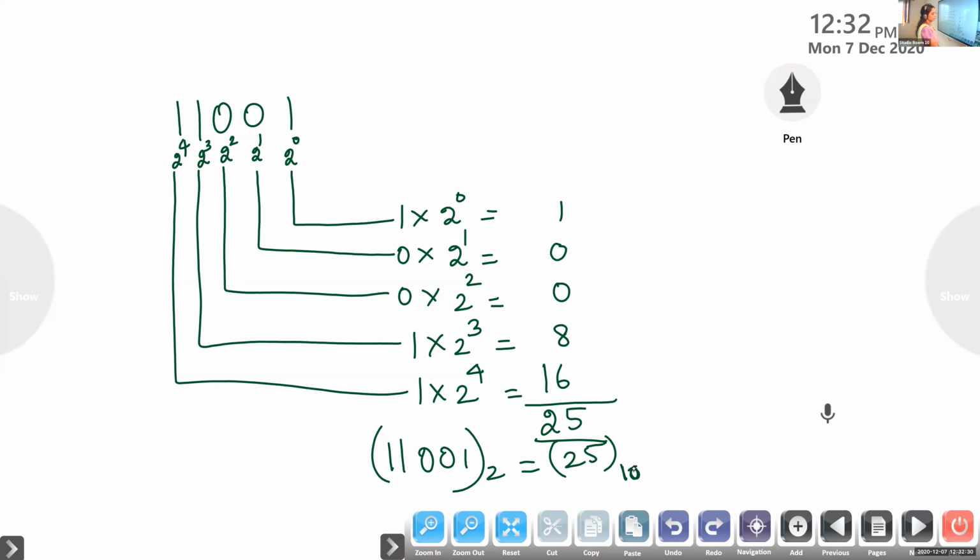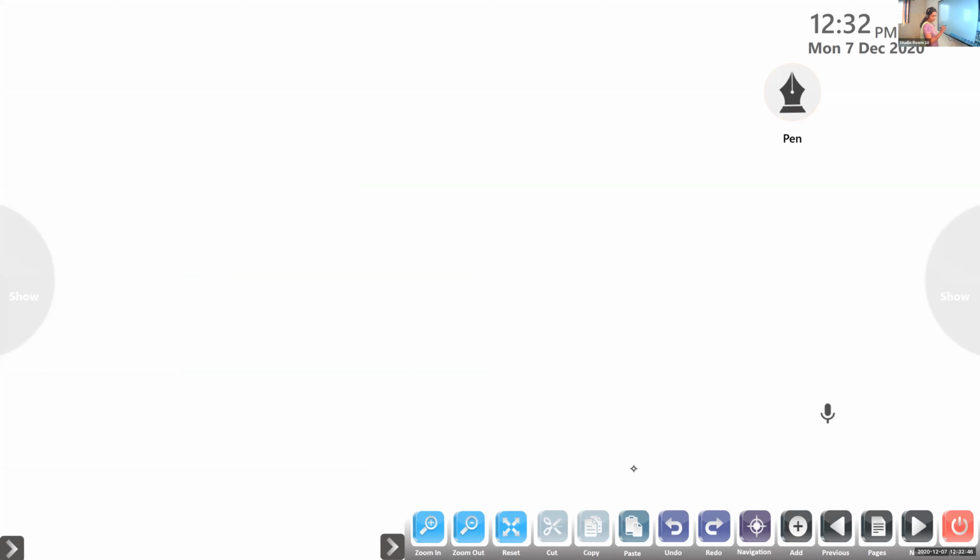Now the next one. Shall we do the next one? Anila Mohanan, is it okay? Yes, ma'am. So I'll give one question. Convert it into decimal. Write down 11101011000. When you copy this question from the question paper, count and see how many ones and how many zeros there are. If we leave out one 0 or one 1, everything will go wrong. So, 1 1 1 0 1 0 1 1 0 0.